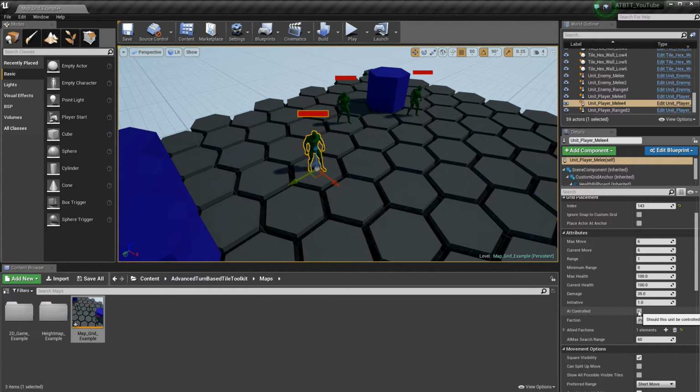Previously, whether or not a pawn was AI controlled was decided by whether or not its faction variable was set to player or enemy. Now these two things are independent. You can add any number of factions and you can choose for any unit whether or not it is controlled